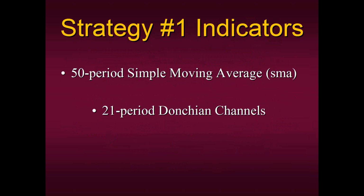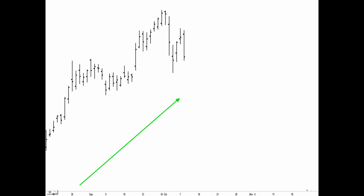Now, here's what the Donchian channels look like. If we see a nice uptrend in this generic chart right here, when we apply the 21-period Donchian channels, they look like this. There are 3 channels, a top, a middle, and a bottom channel, okay? And they have this kind of stair-step look to them. Here's the main difference, though. They are not